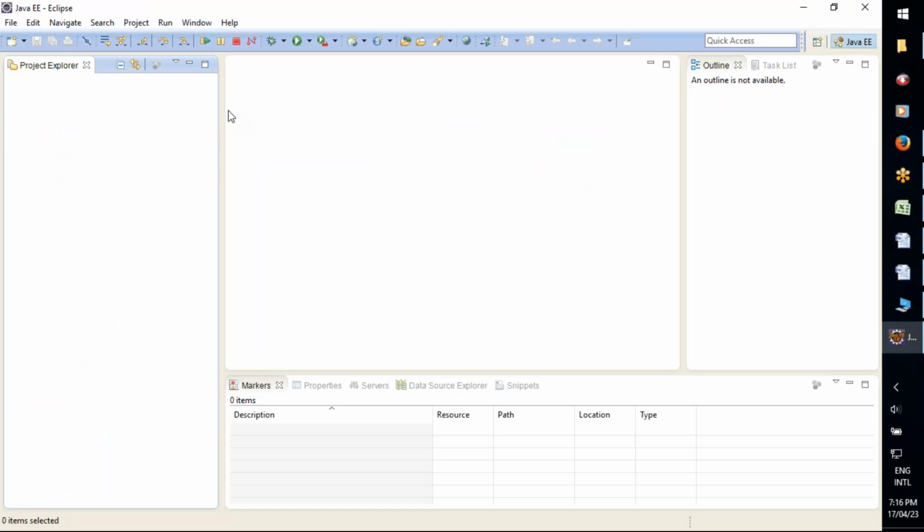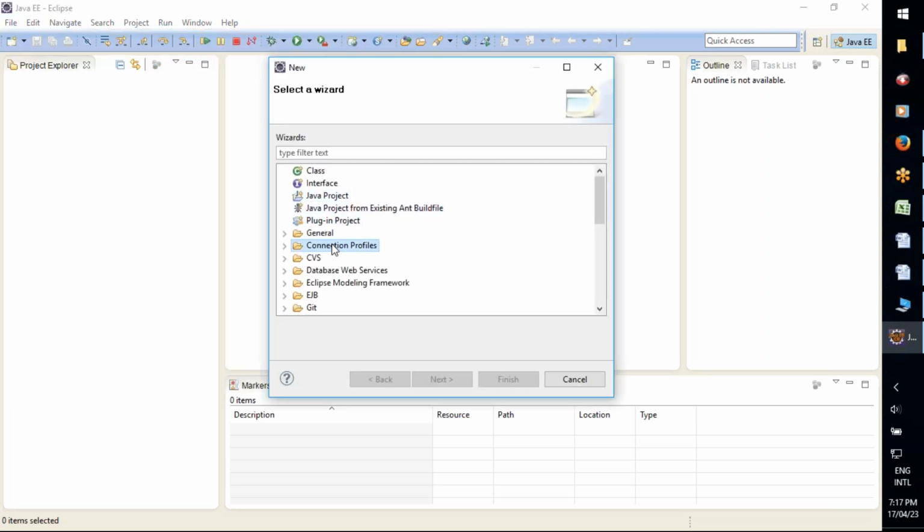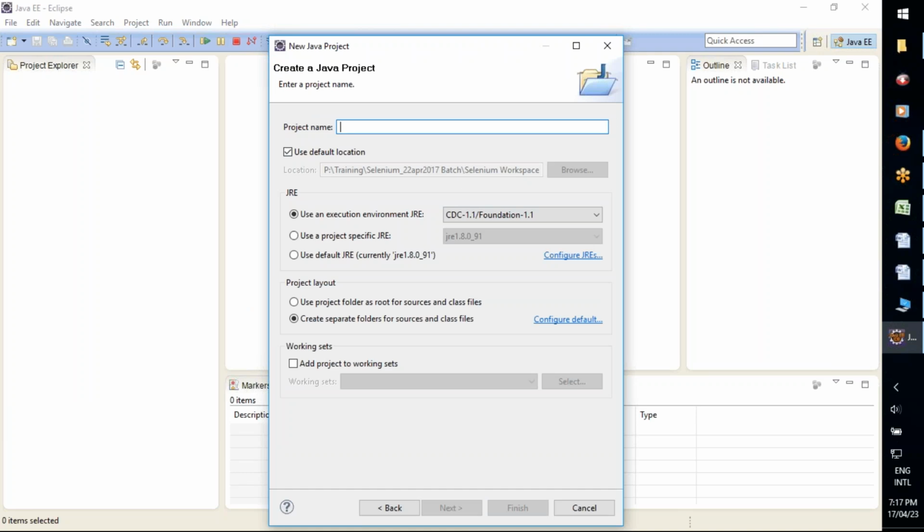Now let us create a new Java project first in Eclipse. Go to File, New, Java project. You can click on Other, and here you can select Java project. I want to create a Java project. Click Next. Now enter some project name. I want to give Core Java